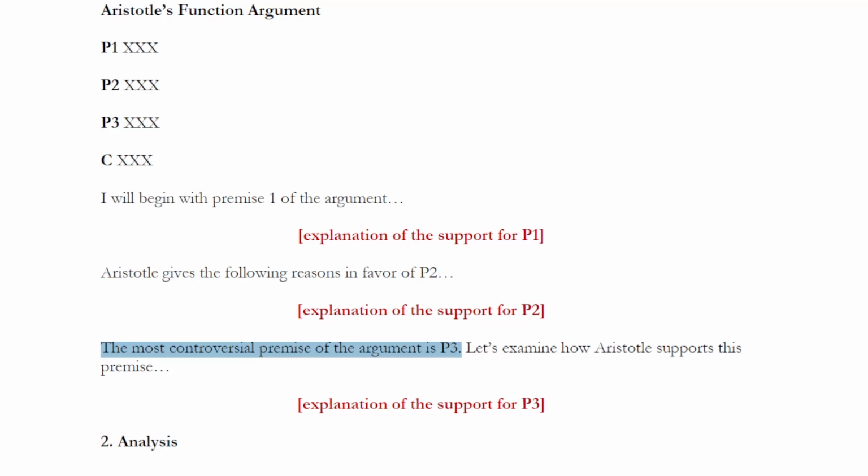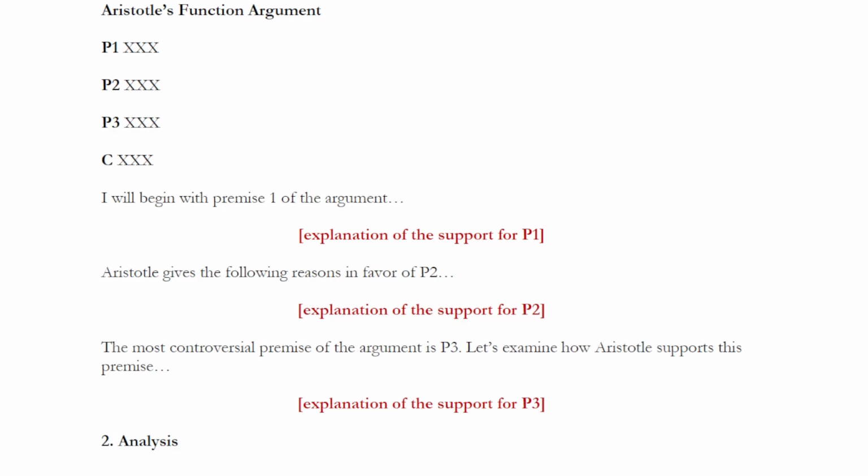It is unlikely that the premise you would criticize in your analysis section would be one of the uncontroversial premises. This is because such premises are not likely to be very problematic. Instead, the premise you would want to criticize would be one of the more controversial premises about which there would often be significant disagreement. And this choice of what premise you will later criticize has important ramifications for how you